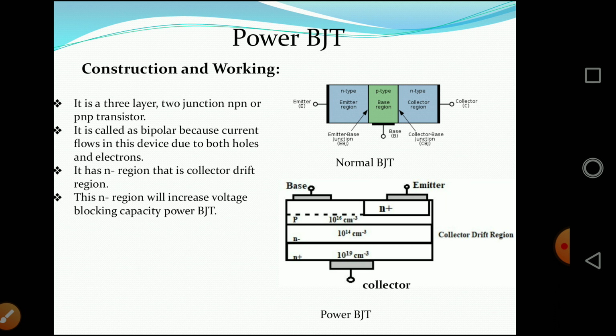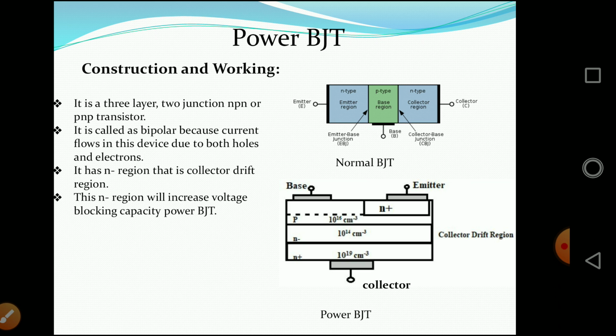So if we increase the negative voltage, there is no breakdown of the depletion layer, and if the depletion layer withstands, then there is no flow of negative current. So the device is protected. But in case of normal BJT, the emitter base junction and collector base junctions are thin, due to which the width of the depletion layer will be low, by which if the negative voltage is increased, the depletion layer breaks down and higher negative current flows, and that may damage the normal BJT.